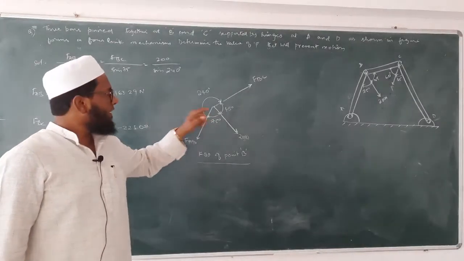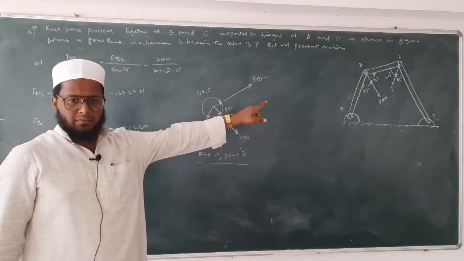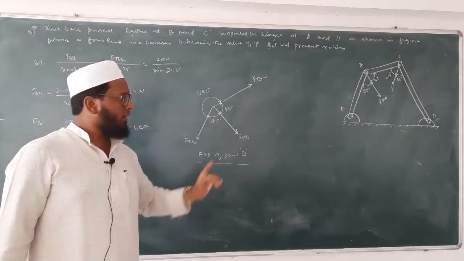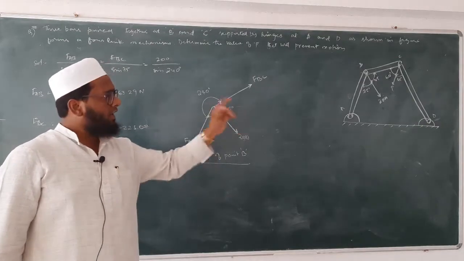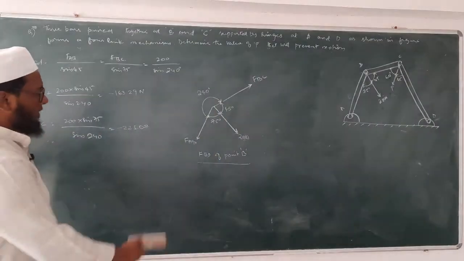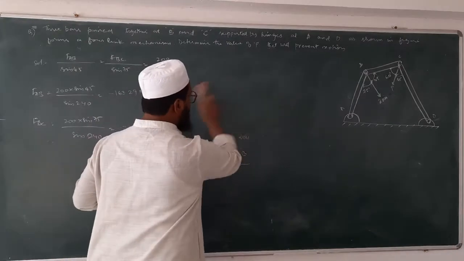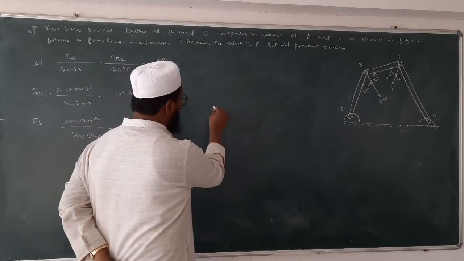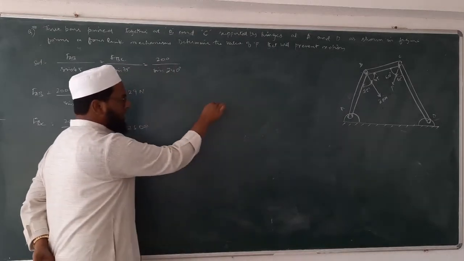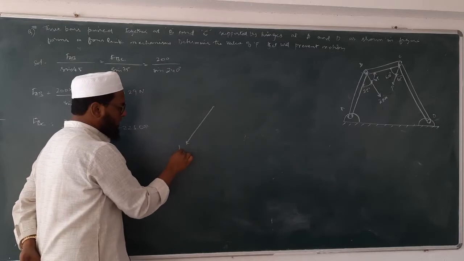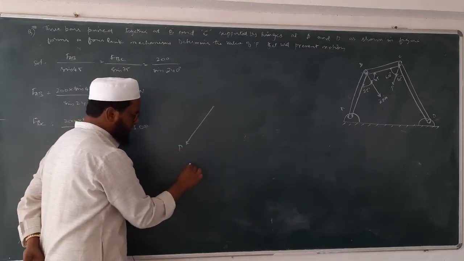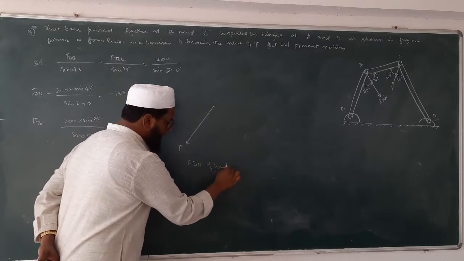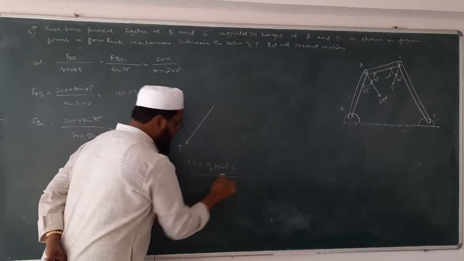Problem we have taken up, we have calculated whatever the forces acting on point B. Now we will move to point C so that we can calculate the value of P. Now I will draw the free body diagram of point C. So see here, this force is P, free body diagram of point C. All right.